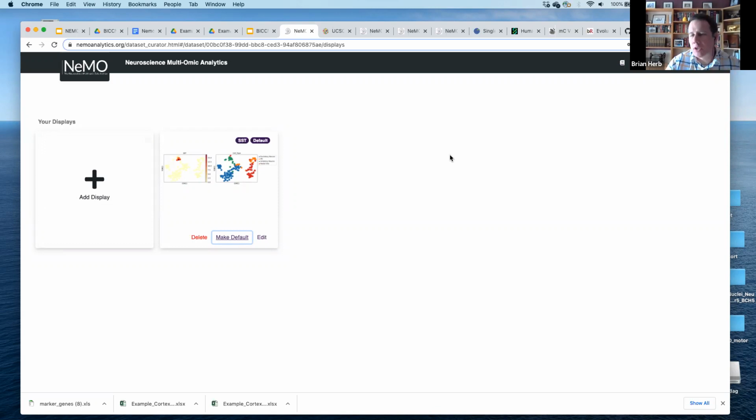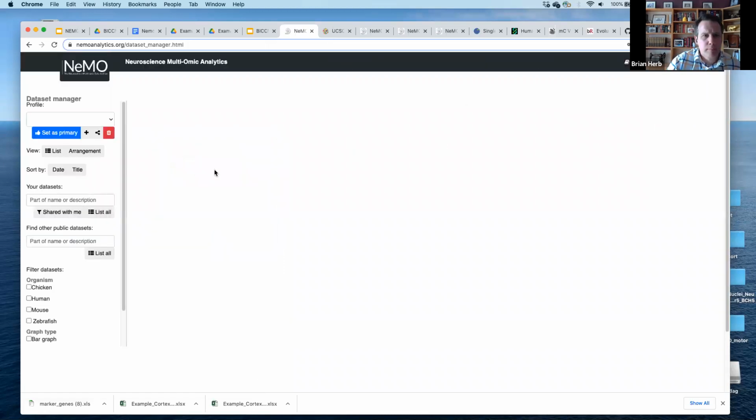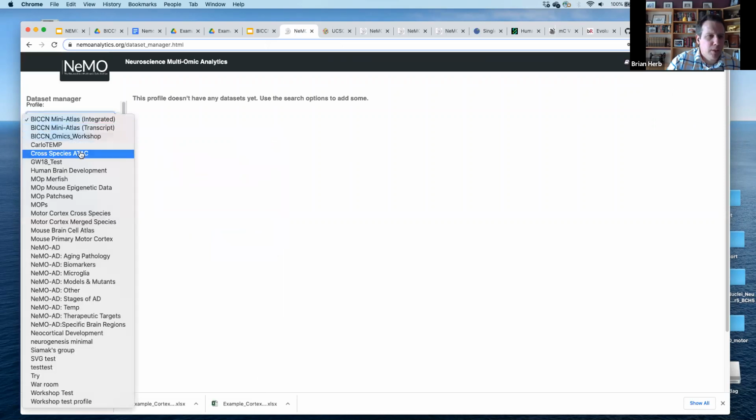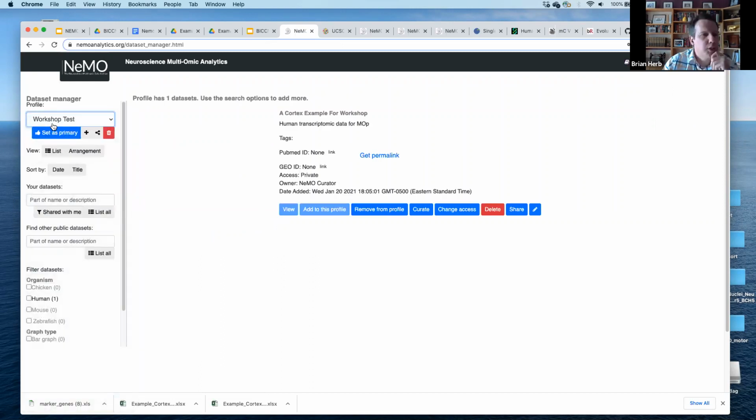I think the next step, let's go back to the dataset manager, and I'm going to further refine that profile. So selecting again workshop test, I now have my data set within it. I've curated it. I've made a plot for it. You can also adjust the arrangement. So if we have multiple data sets in here,